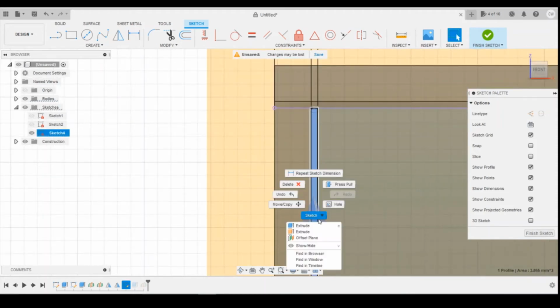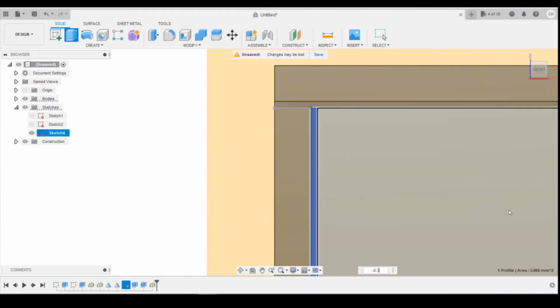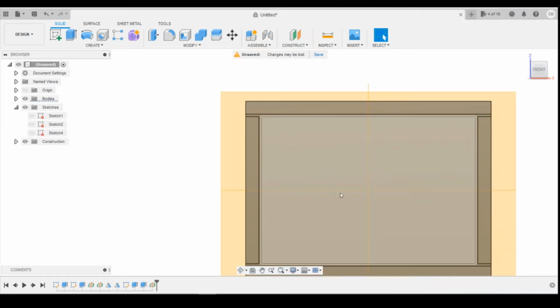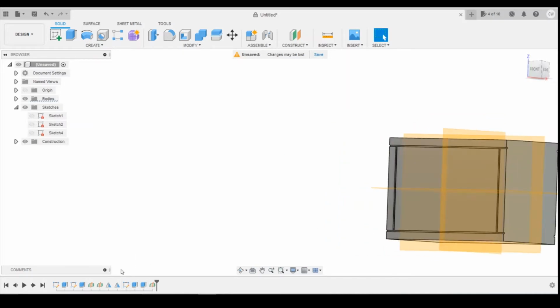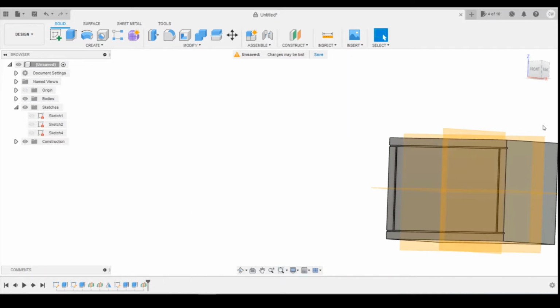And then we can extrude that minus 0.3. Turn that sketch off, so now we've got that. Okay. What we might just do, if I delete that mirror, so now we don't have that on the rear, we can then just